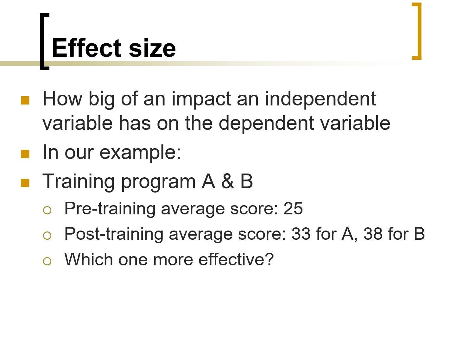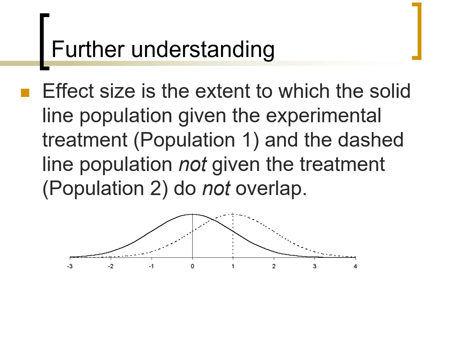So for example, here we see our non-trained or pre-trained score, and then group A gets a 33. That's higher than 25, but group B gets a 38, a lot higher than 25. So maybe training method B has a bigger effect, right? And so that's what the effect size is. And we'll have many examples moving forward of effect size. It's just important to think about it now for our purposes, how it's different from significance testing.